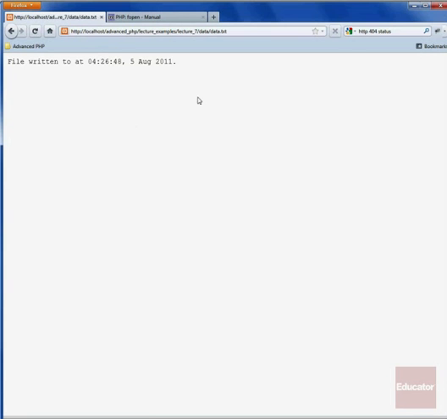Now, one thing to note is that this file only has one line, even though we've written to it twice, because the fwrite function writes its output to wherever the current file pointer is on the file handle that you pass to it. In this case, when we open the file using the r+ access modifier, the file pointer is always at the beginning. So we're always going to output our date string at the very beginning of the file, and it's just going to overwrite the last one. And one of the ways you can see that is if